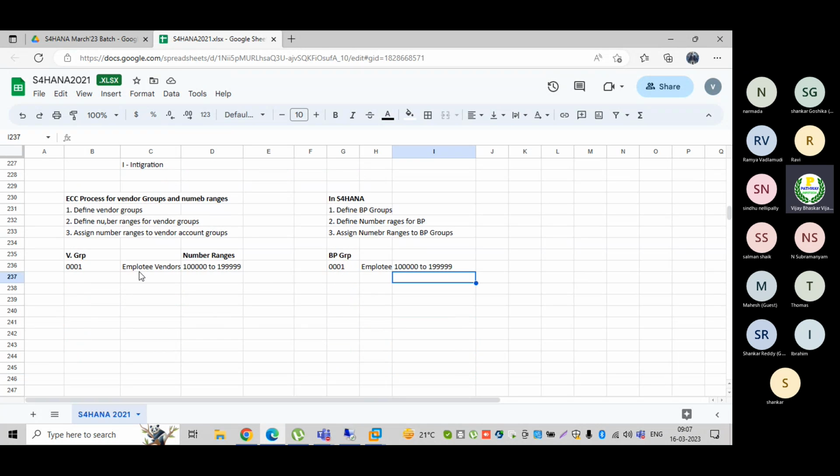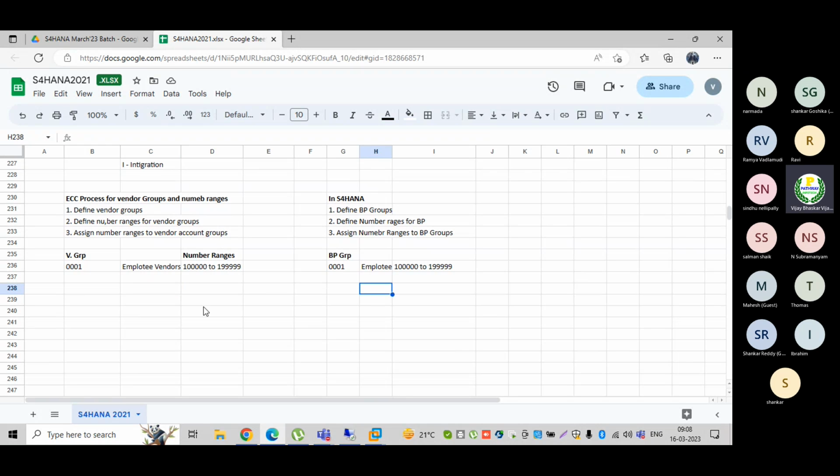Whenever I am creating the vendor, I mean the business partner, these two numbers are the same. If I am creating the vendor, the first number generated will be 1 lakh for my vendor, and for my business partner the number will also be the same. So the vendor number will be separate and the business partner number will be separate.